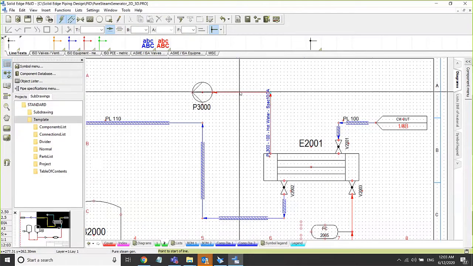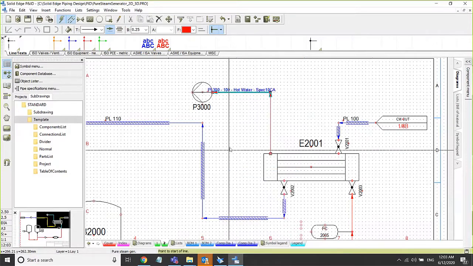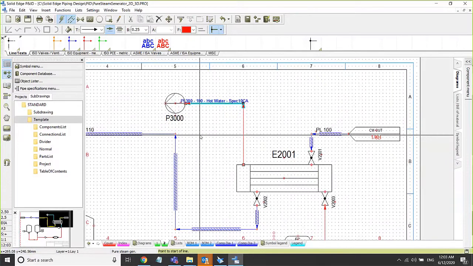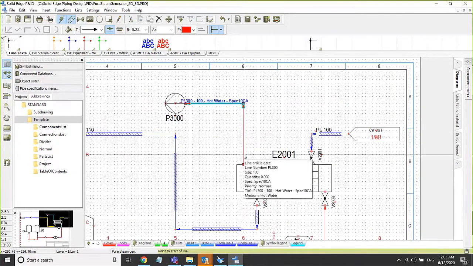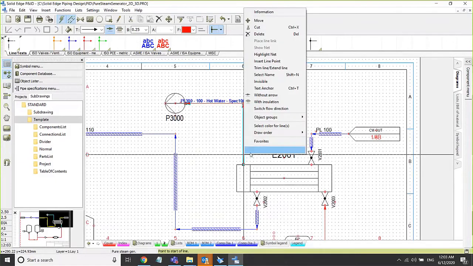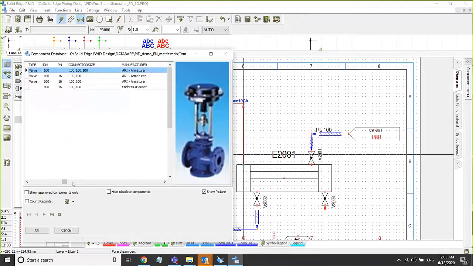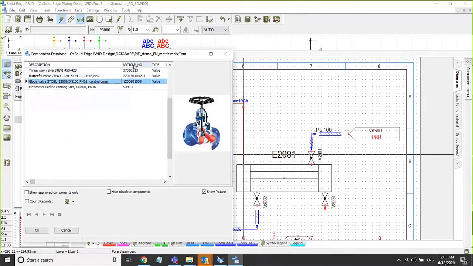And I also had the option to quickly orient the tag name to the other side of the line segment. Now let me show how we can add an in-place component on this particular pipeline by pulling it from the library, where it automatically filters the size matching the diameter of the pipe which I have selected. So it's very helpful for the designer, as it filters automatically and provides only the matching components from